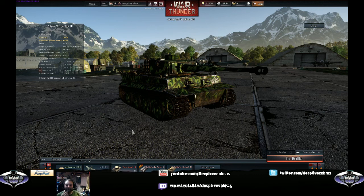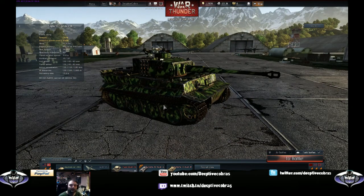Hi guys, and finally here we are. The legendary Tiger 1. The Panzerkampfwagen 6 Tiger Ausf. H1. H1 standing for Henschel and Son, the manufacturer and designer of this tank. Now,